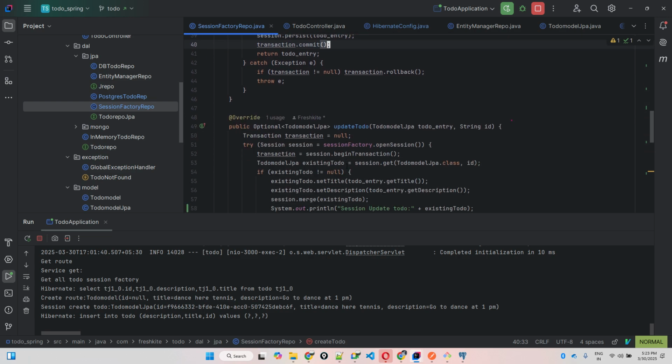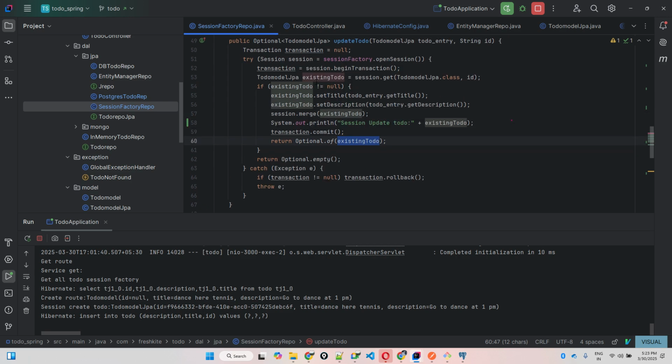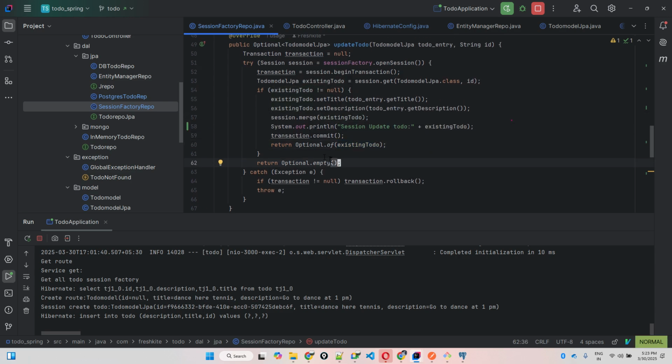And for update, it is the same thing. You have to open a session, begin a transaction, and check whether the ID is already there or not. Only if the ID is already there can you update. Then set the title, set the description. Now you have to merge and then commit the transaction. With that, create an optional and then return. If the ID is not there, then return an empty optional,